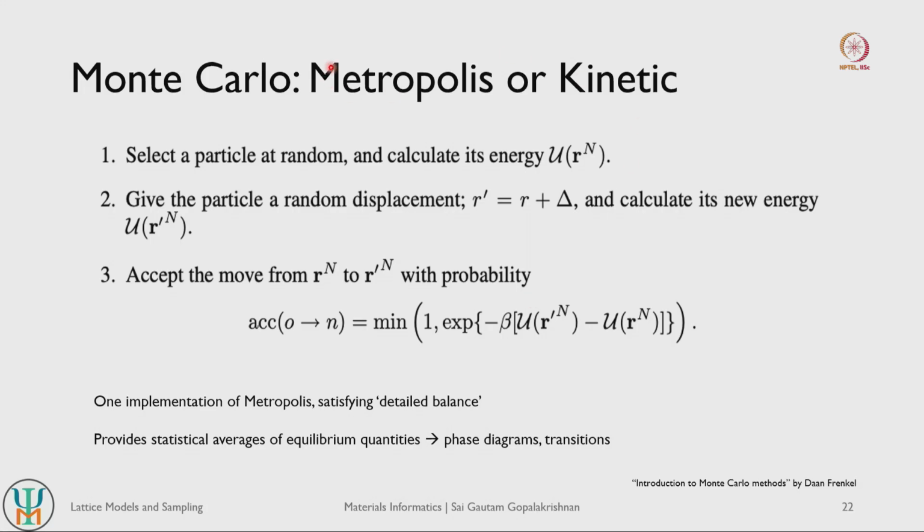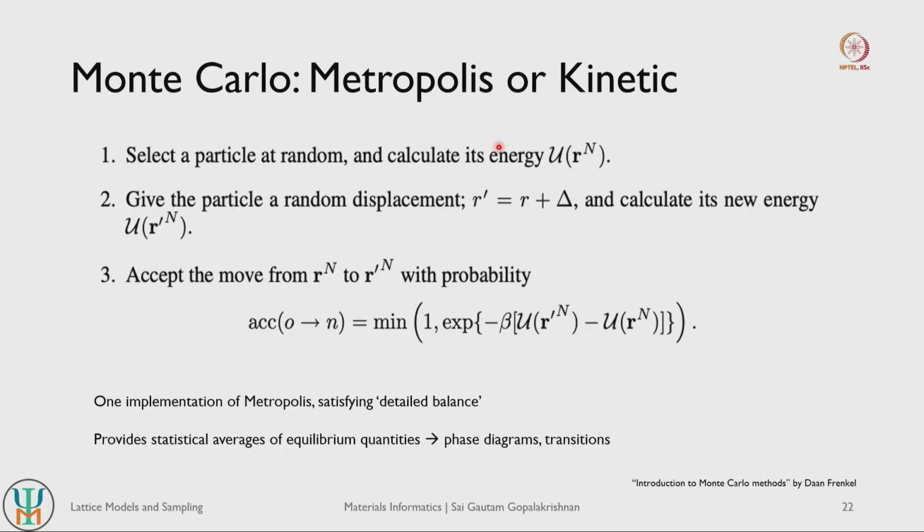And one way to do this importance sampling is using what is referred to as the Metropolis algorithm within the Monte Carlo technique itself, right. So what do we do here? Let us say you have a lattice and particles within your given lattice. You can already calculate the energy of that lattice, either using, let us say, density functional theory or using a lattice model. So let us say you have already constructed a cluster expansion; for any given configuration of atoms, you can always calculate the energy associated with that configuration, right.